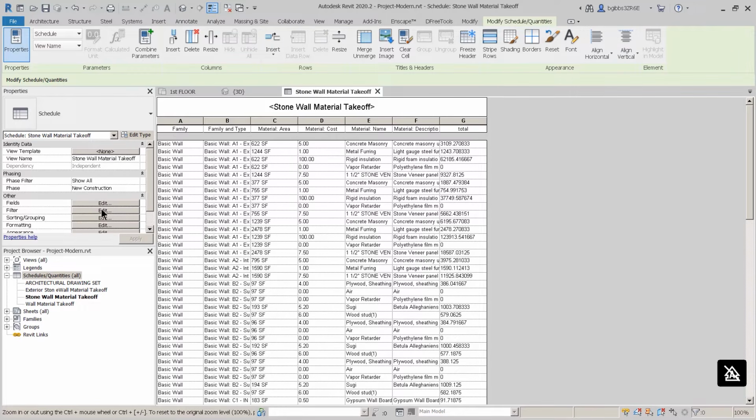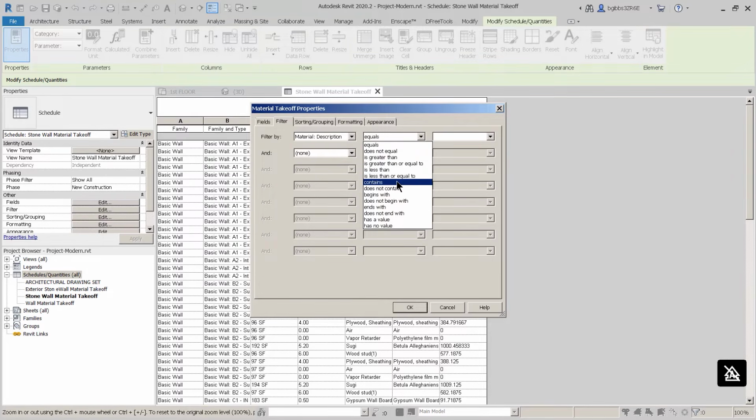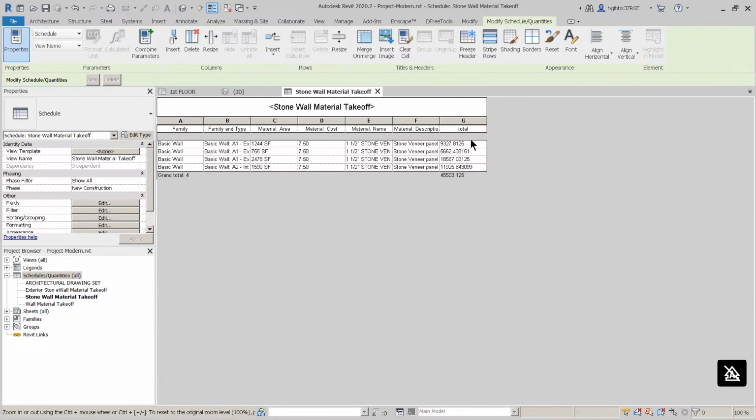Right, so what are we going to do to remove items? We're going to make sure that we're going to first include what we're looking for. So we put stone veneer, and so this takeoff, just from what we've placed in here, tells us that we